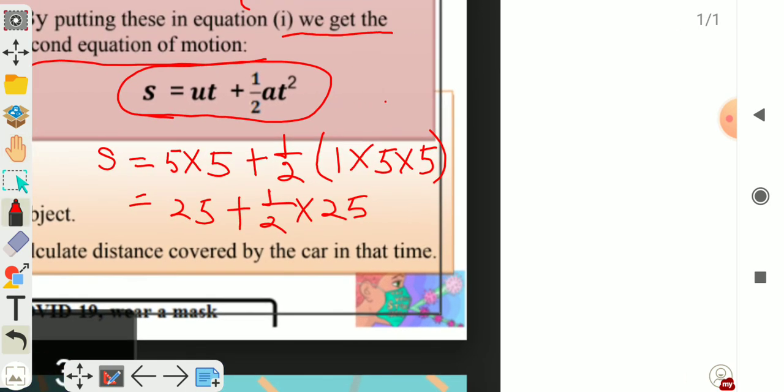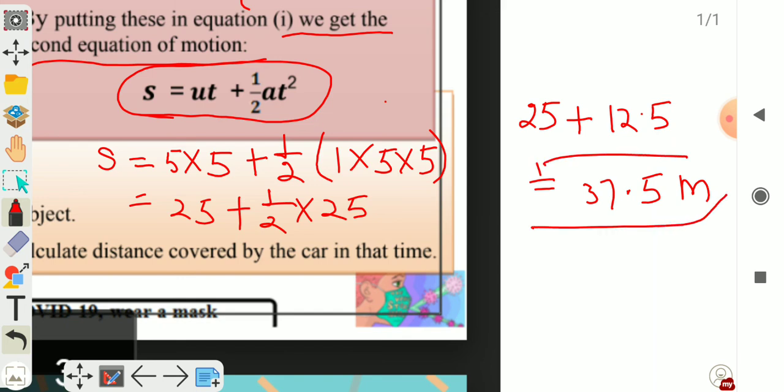So you can find out this 25 plus 12.5. This will equal to 37.5 meter. So half of 25 is 12.5 and this one is 25. So this object will cover